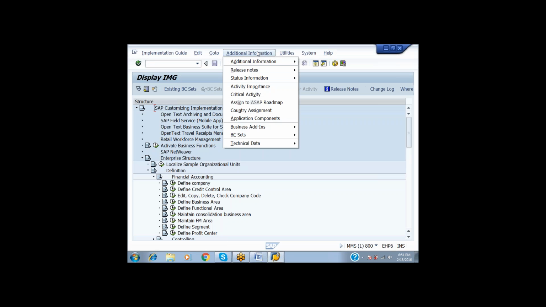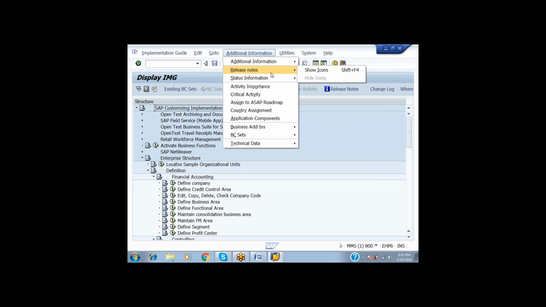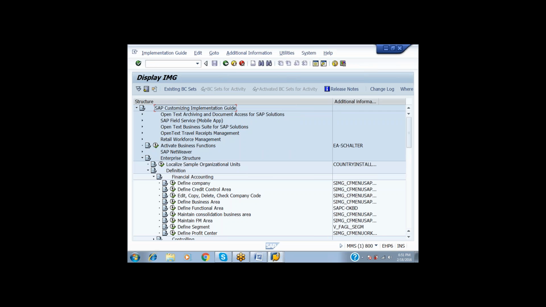Even if you don't know the transaction code, we can see it from here. Go to additional information, display key, and then IMG. You can get the transaction code for this one.